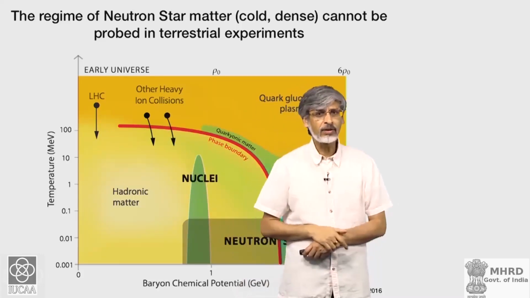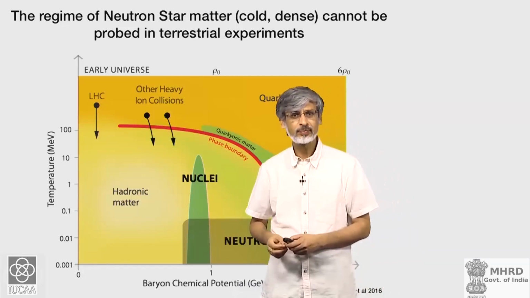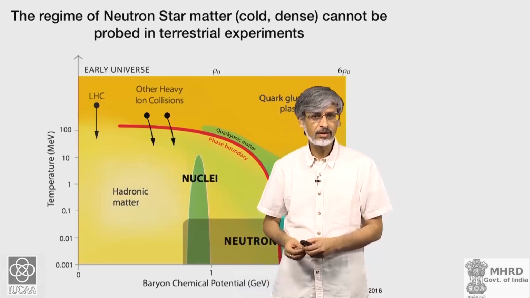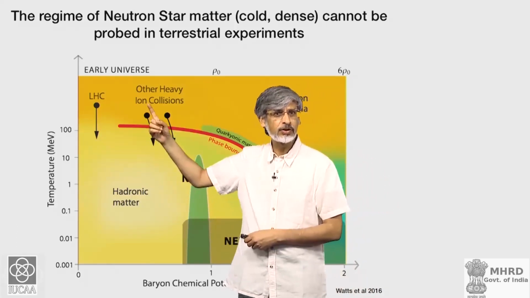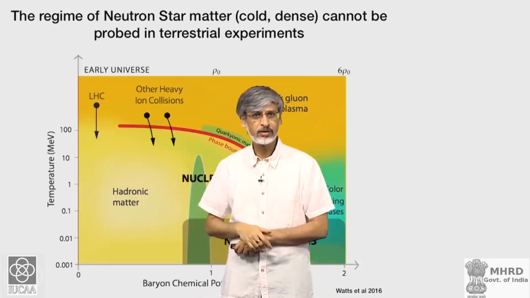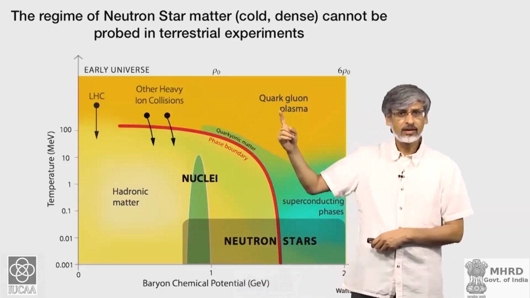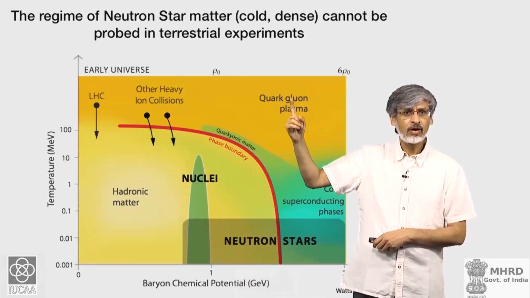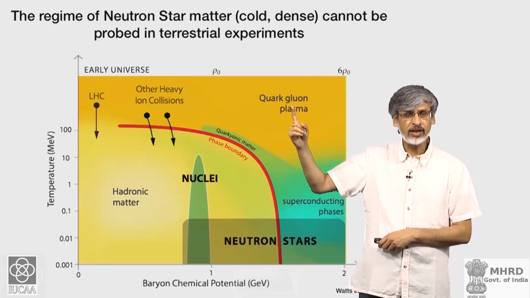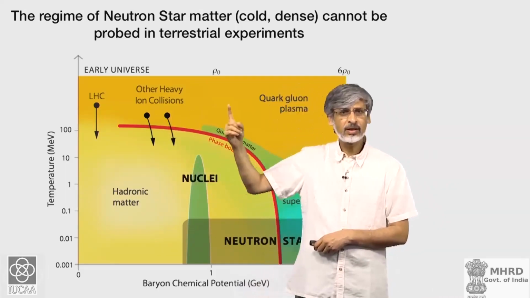So, when you use heavy ion collider, you can probe short distances, but because it involves a collision, you also raise the temperature of the material quite a lot. So, between this and high density hot matter where you have quark gluon plasma is what is the regime that is probed by